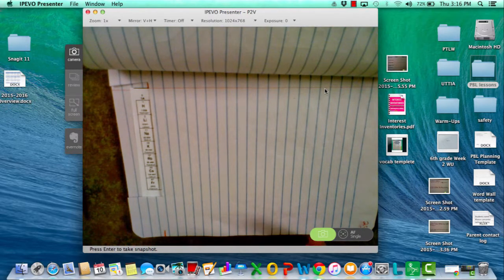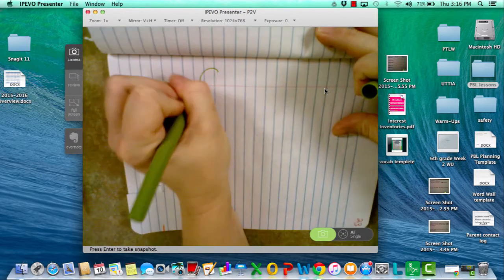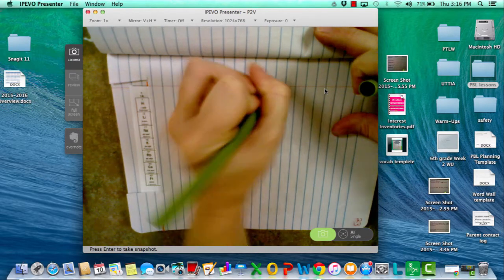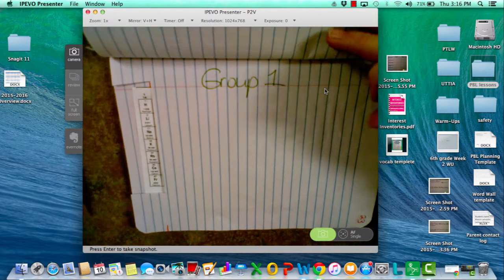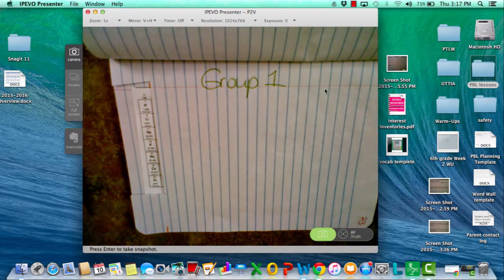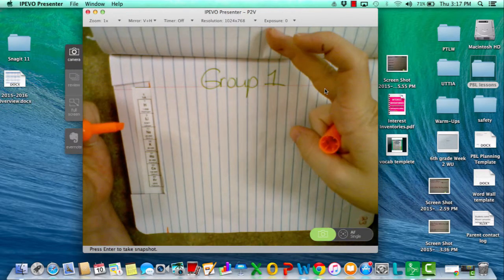All right, so once I've done that, just set your papers aside. Do not make a mess out of them. On the very top, we want to label this group 1. And then pick a color. It really doesn't matter what color to me. I feel like highlighters work pretty well. I'm going to highlight every element in